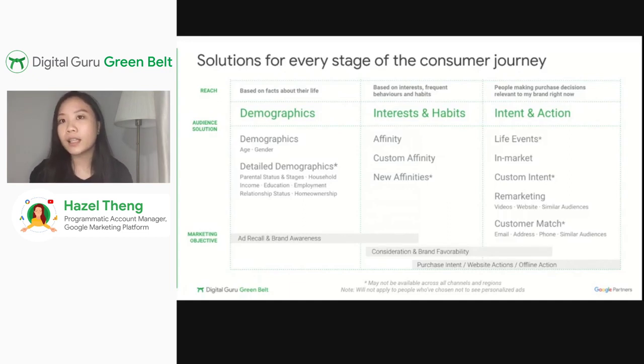And then last but not least, moving on to the lower funnel, we have our intent or action-driven audiences, which are first-party audience data segments, for example. These are really based on people making purchase decisions right now. They're actively searching for these products.